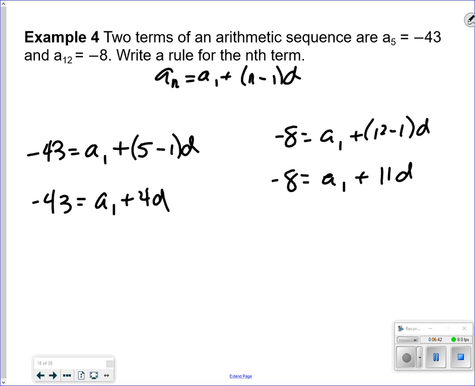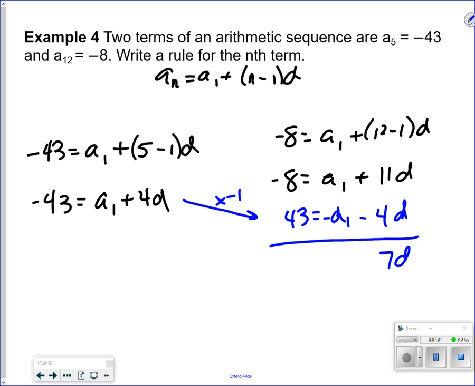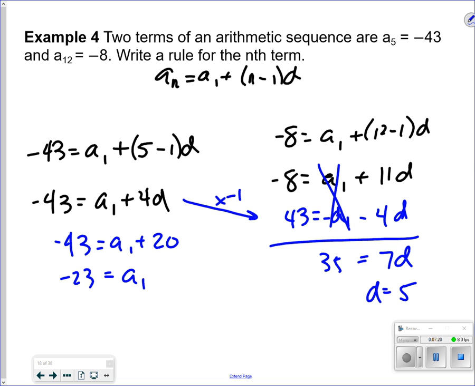Now, you'll notice that I wrote 2 different equations, one for the first one and one for the second one. Now, wait a minute. 2 equations with 2 unknowns. I could, let's say, multiply this by negative 1 and do elimination. So 7D would equal, if I crossed off the a sub 1s now, 35, which means D is 5. I go back, and if D is 5, so I put 5 in for D, a sub 1 must be negative 23, and now I do have enough